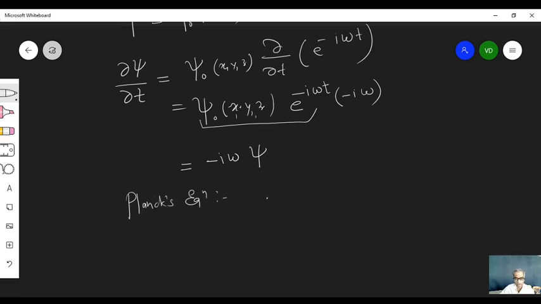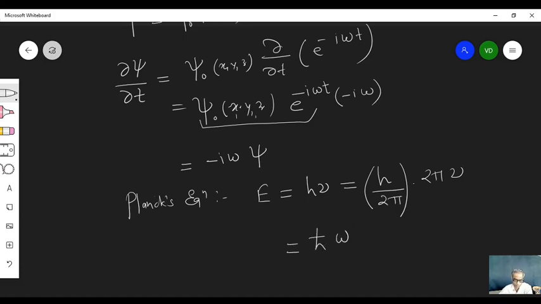What does Planck's equation say? The energy is discrete. So now we use the quantum property: E equals h nu, not h cross. Now I can write this as h divided by 2 pi into 2 pi nu. It is just multiplying and dividing by 2 pi. Now why are we doing all these things? Because we know this is h cross as we have defined, and 2 pi nu is omega. So E is h cross omega, and therefore omega equals E divided by h cross.